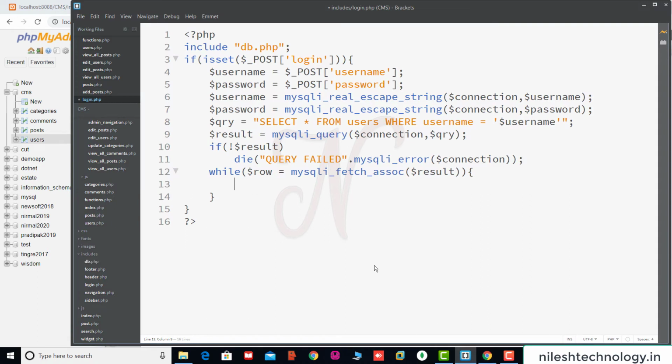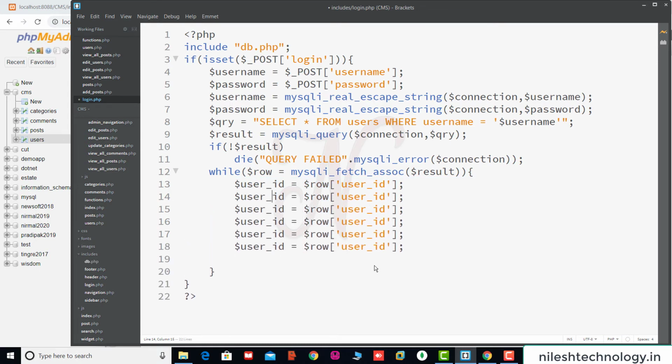See here, first one is the user ID. So we get the ID by using the column name user_id. Similarly, we copy paste some more times. So this is another variable, for example, this is the username. Okay, so this is also the username variable, so here we change it to db_username.